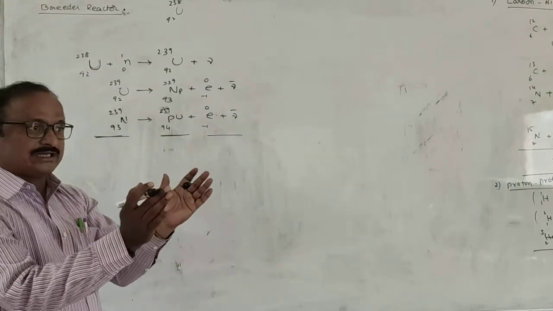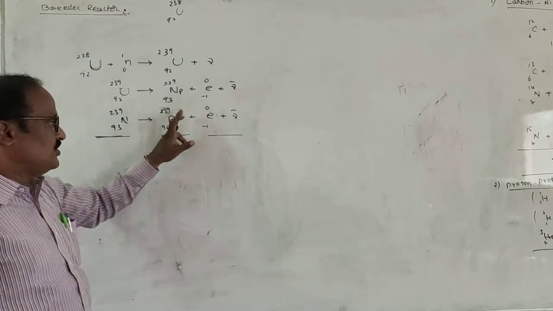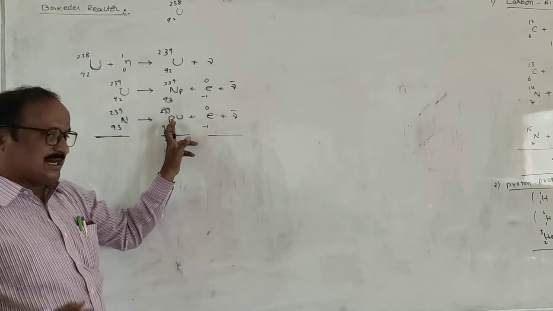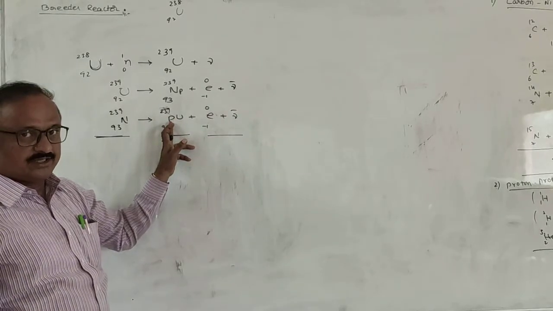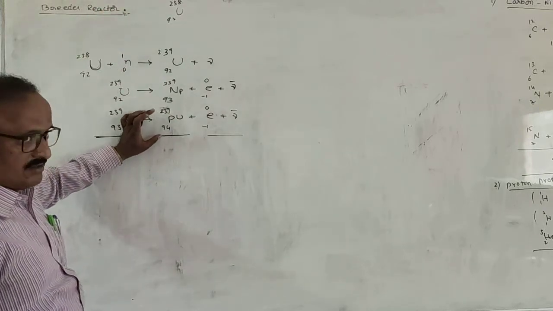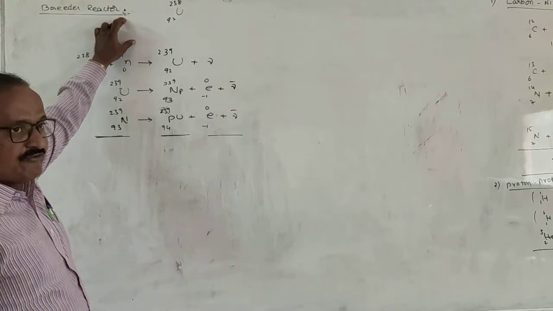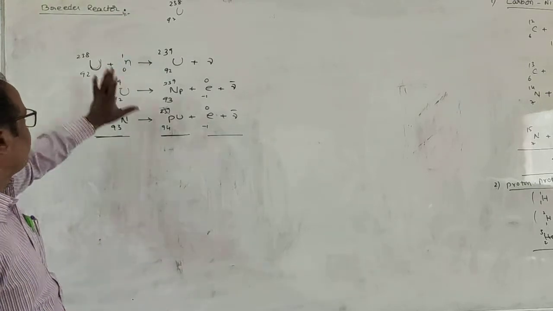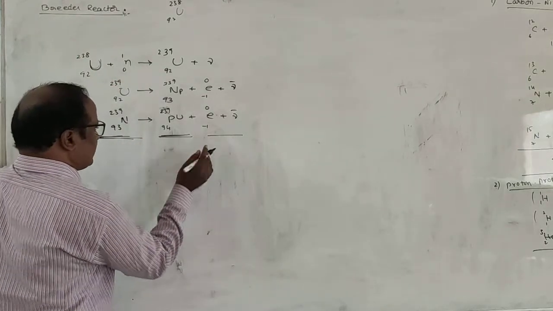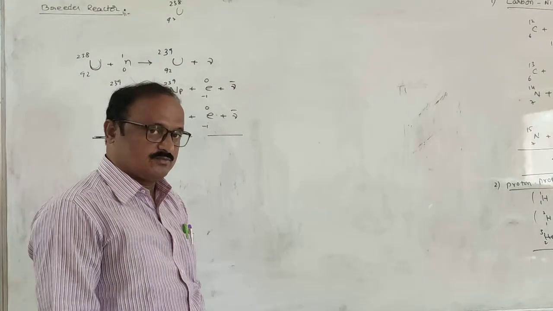Certain amount of uranium-238 used in the breeder reactor means a large amount of plutonium nuclei is produced. That means the mass of the fuel will be increased. That's why a reactor in which a non-fissionable material converts into fissionable material and produces more nuclear fuel than it consumes is known as the breeder reactor. This is true and this is more important from an IP point of view and also at theoretical levels. Do you understand?